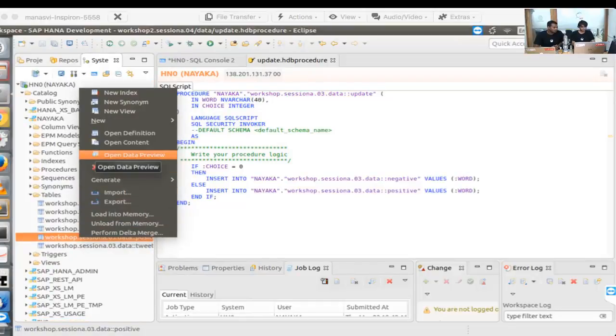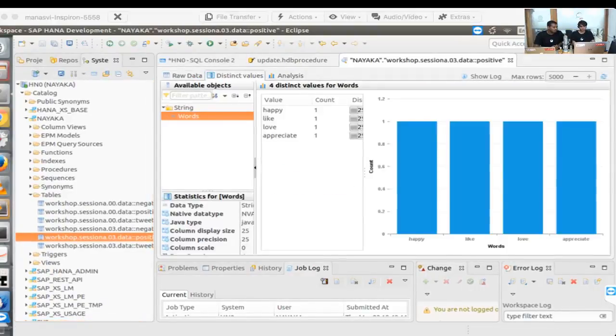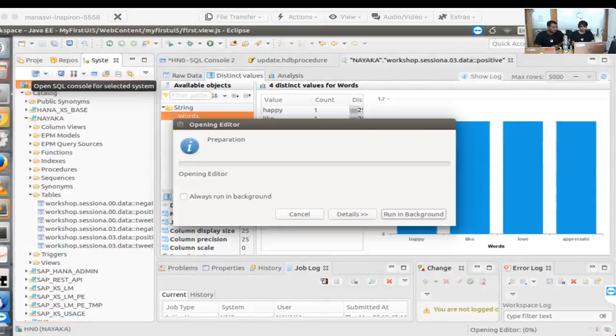Let's go ahead and open the data preview to see what values we already have. We don't want to put the same thing again. So we have happy, like, love, and appreciate. So we can probably add glad here. If I open the SQL console again,